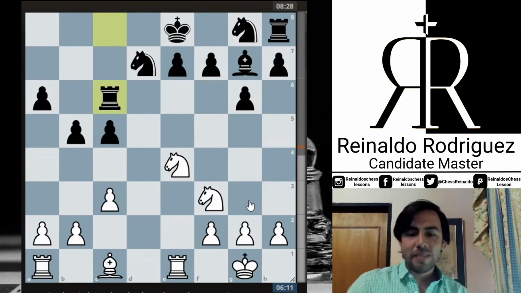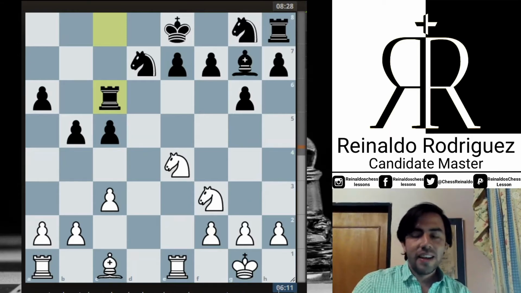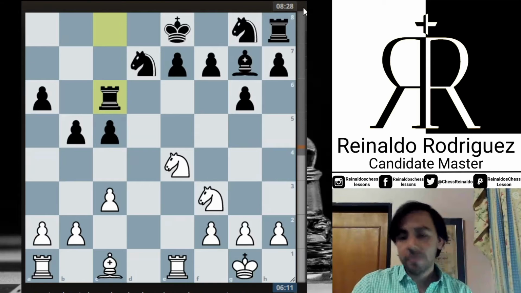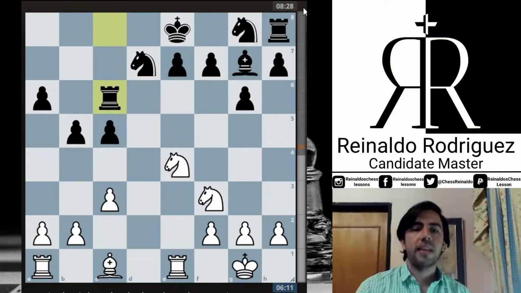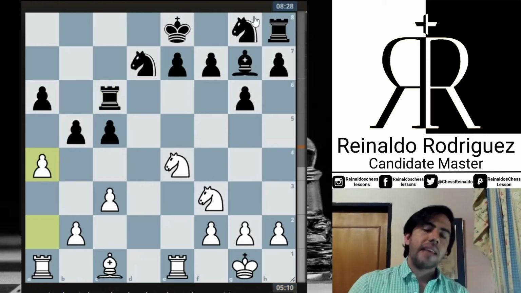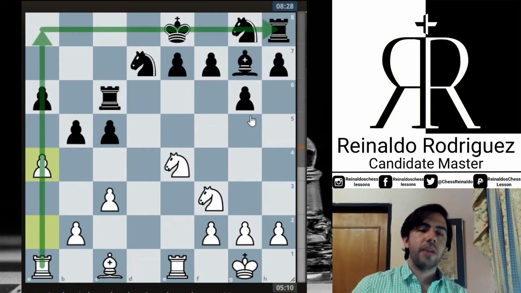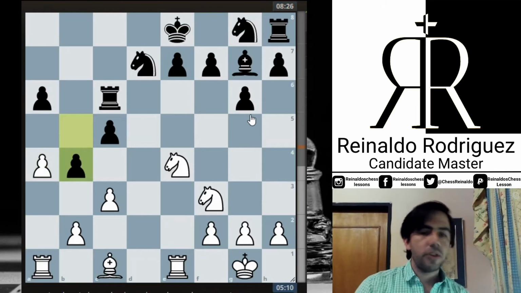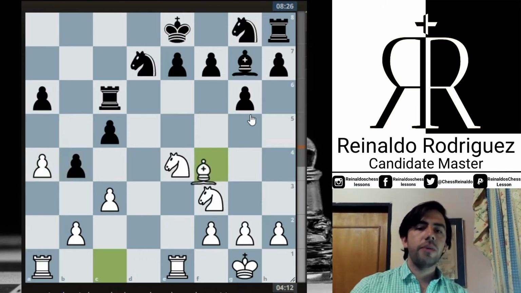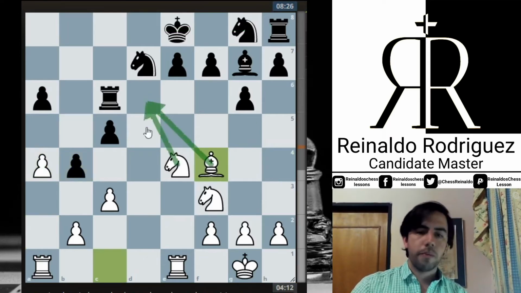But as you can see, my time management is not bad, because for sure I am thinking by myself, but I have to think very well about what I am doing. So here I did a4, because as I have better development, I am trying to create some open files to see if I can get an invasion square. He kept the position closed, and now I did bishop f4 to create an intersection point, looking for probably some checks